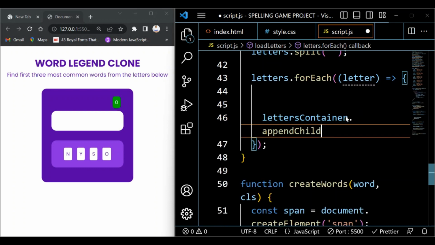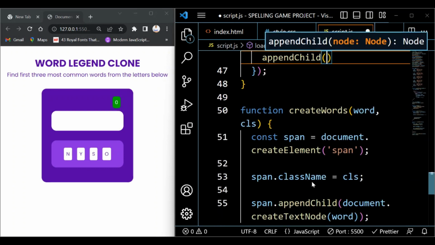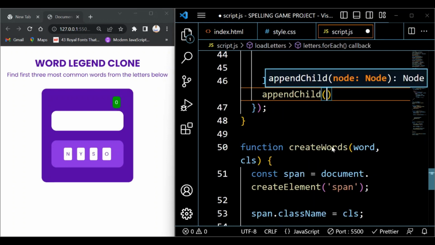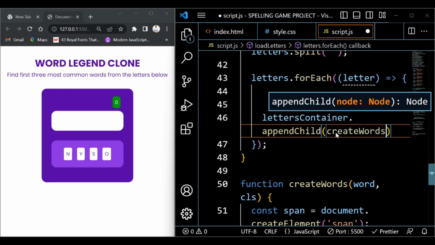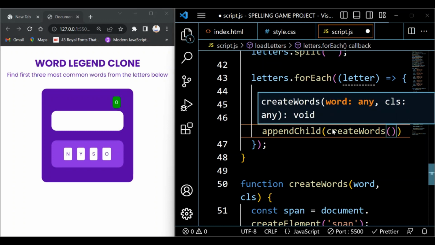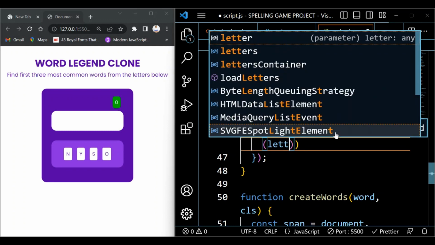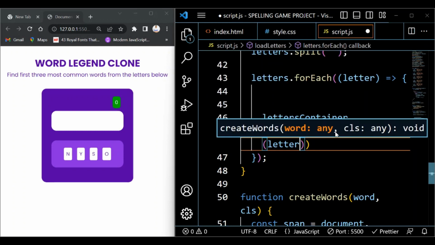You can use the append child method now because we're actually creating the elements from scratch from our JavaScript. We're not writing it like HTML. Append child, and I'm going to call that createWord function. Then I'm going to pass in letter as the word. Then we have a class of letter for this. And if I save,